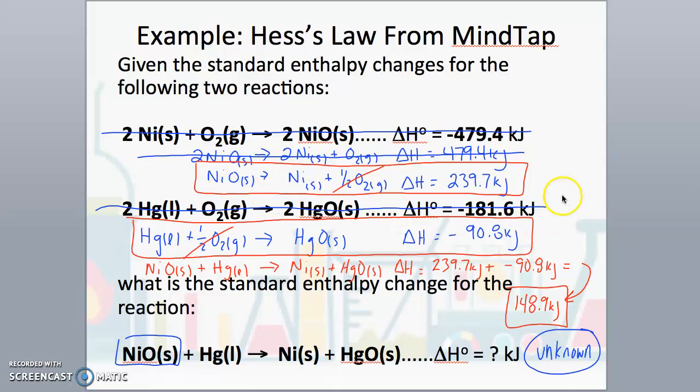That's what I've done here, including the delta H value. I'm going to cross this off now, and I'm just going to box in this. I'm going to keep this reaction the way it's written. The next